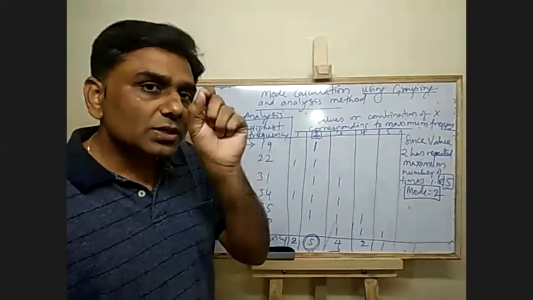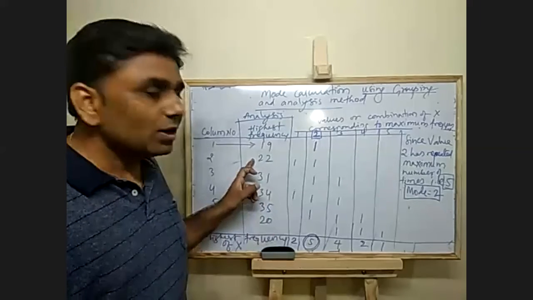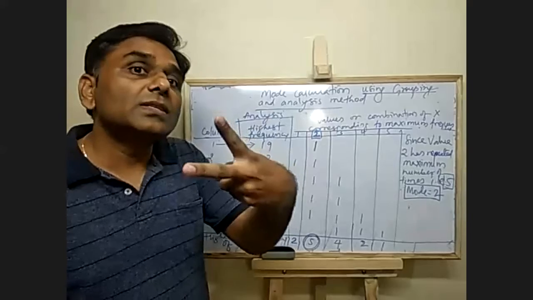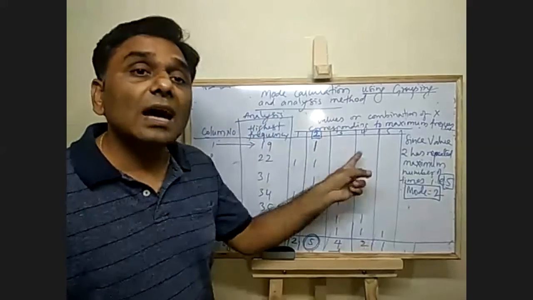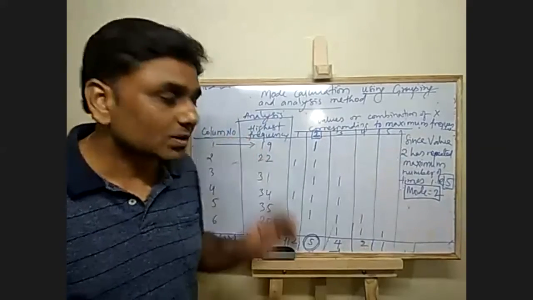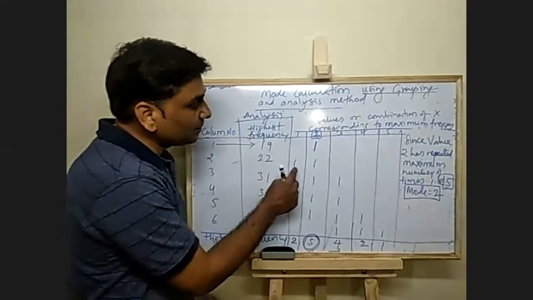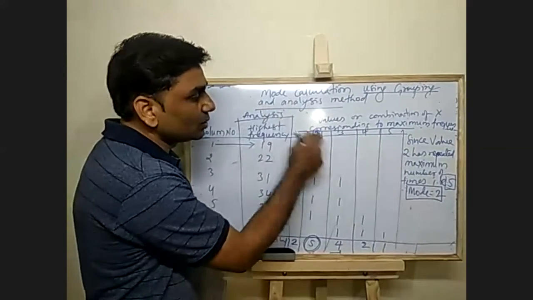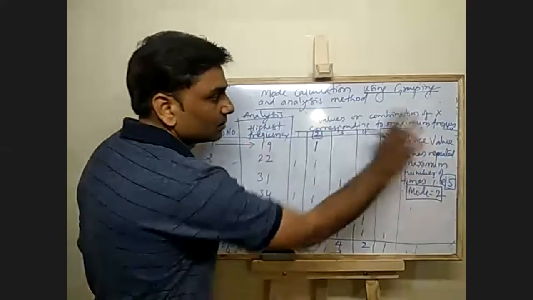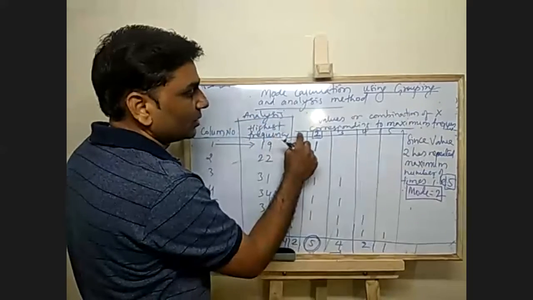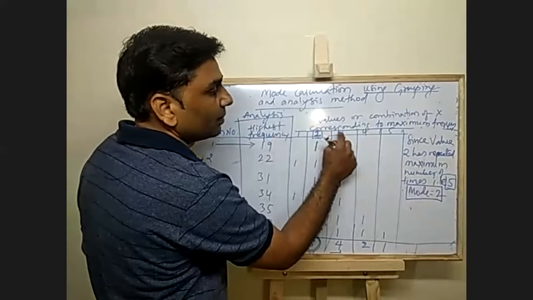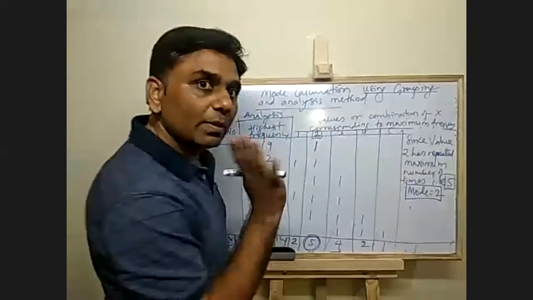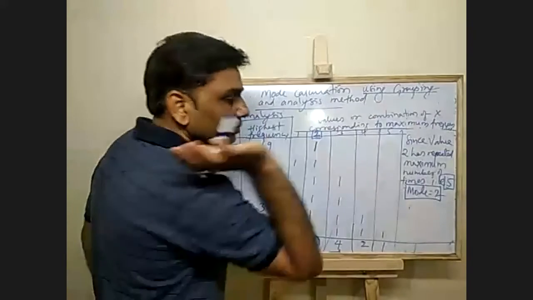Okay. So just find out 22, which are the 2 numbers, frequencies, and those 2 frequencies are appearing in which class intervals or which x values. So 22 is appearing in 1 and 2. It's not necessarily that; this can be something like 5 to 10, 10 to 15, 15 to 20, 20 to 25, 25 to 30. It can be like that also. So this is the x value.